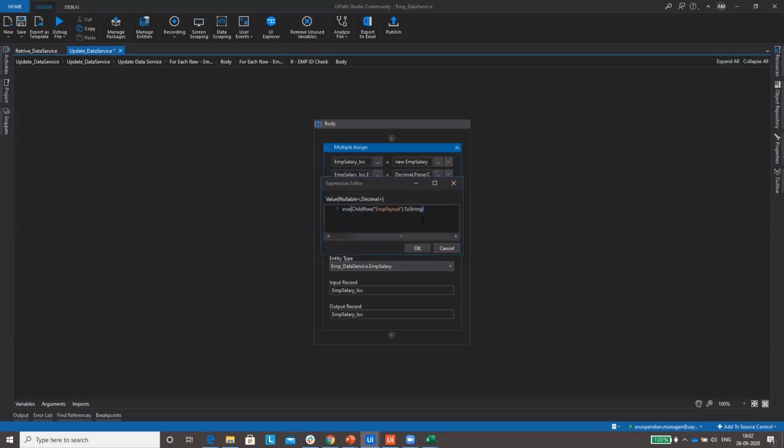And one more thing, whenever you are trying to add a decimal value like numbers to this particular data services, always use this particular method, Decimal.Parse. We tried Convert.ToInt32 method also, but it doesn't work. So you always try with this particular method, Decimal.Parse. Okay, and just give your values here if you are passing any numbers. And for salary, it's fine, you can just pass the same string.